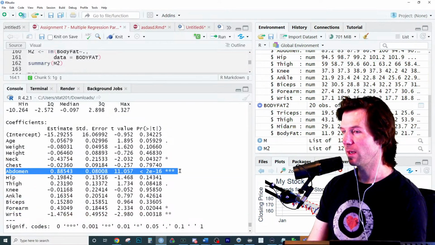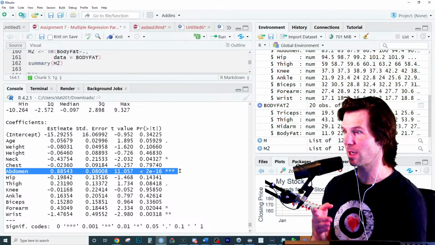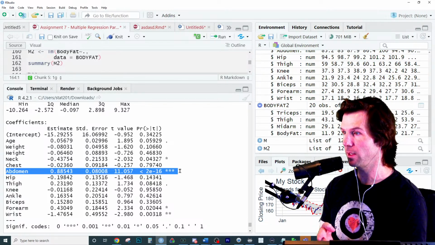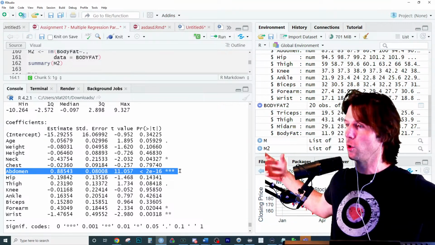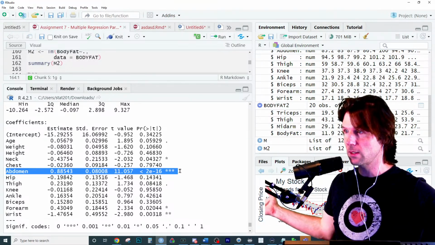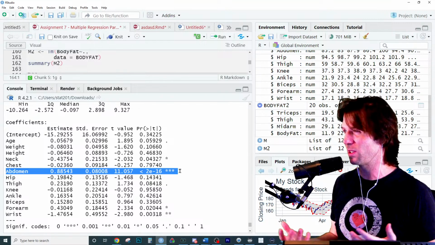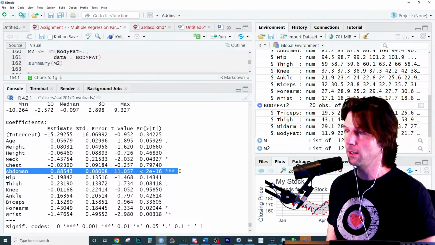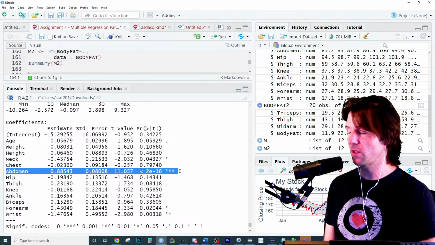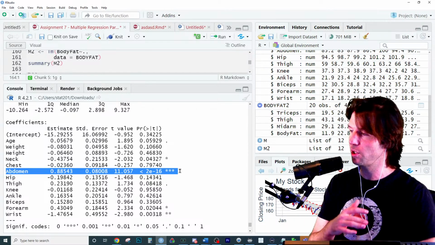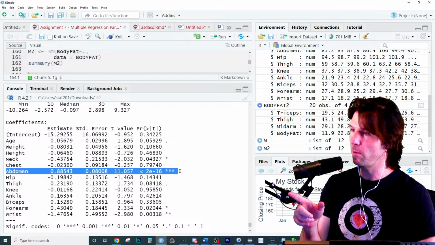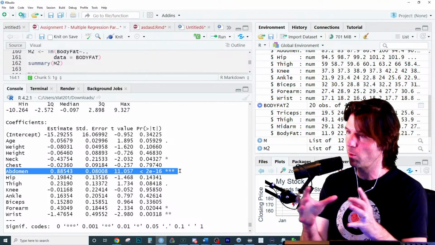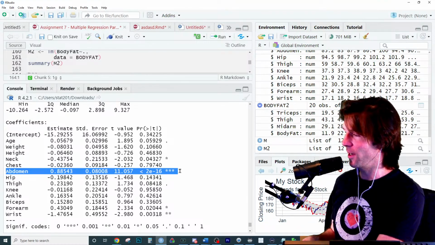Yes, Meath, perfect answer. Abdomen is super duper significant. It has a lot of overlap with the other X's, but it's actually our most significant variable in the model. With all the other X's in the model, it's like bumping arms with them, and it's like, hey, look, I'm the best. It is the best, but it's overlapping a lot of the X's, which is not good. But abdomen is super significant, even though it has a lot of shared variation. So you don't want to look at multicollinearity and be like, hey, abdomen is kind of walking on the toes of the other ones. Get rid of the abdomen.